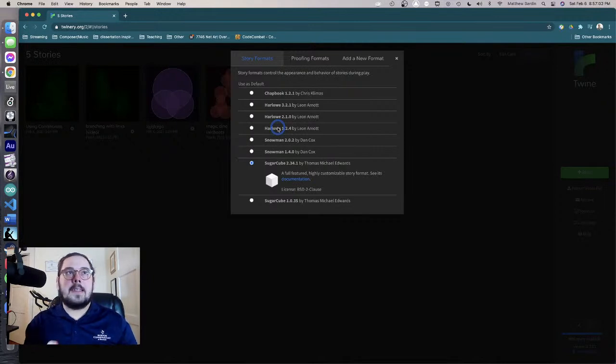For my classes that I teach, I focus on the Sugar Cube format. It's pretty flexible. There's a good amount of resources for it. It's not the only one you can use. The other most common one, I think, is the Harlowe up here. So again, you can check all of that out. But the reason I want to bring this up is, again, I'll be working in Sugar Cube version